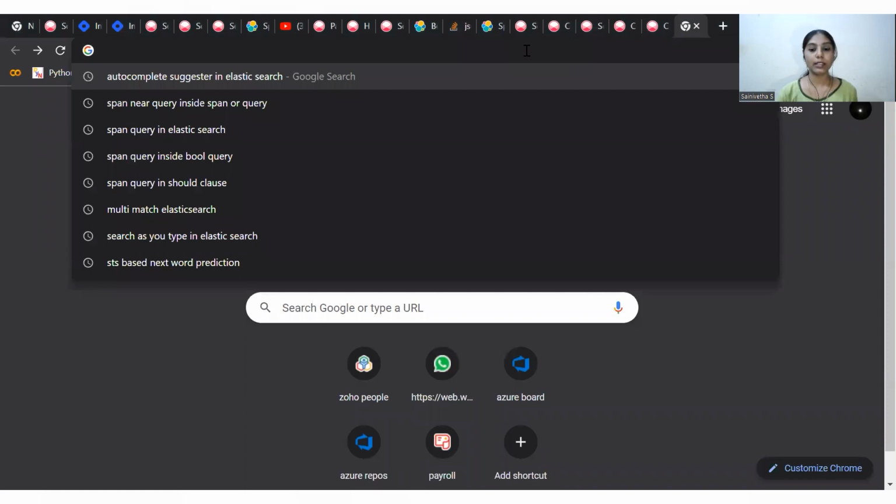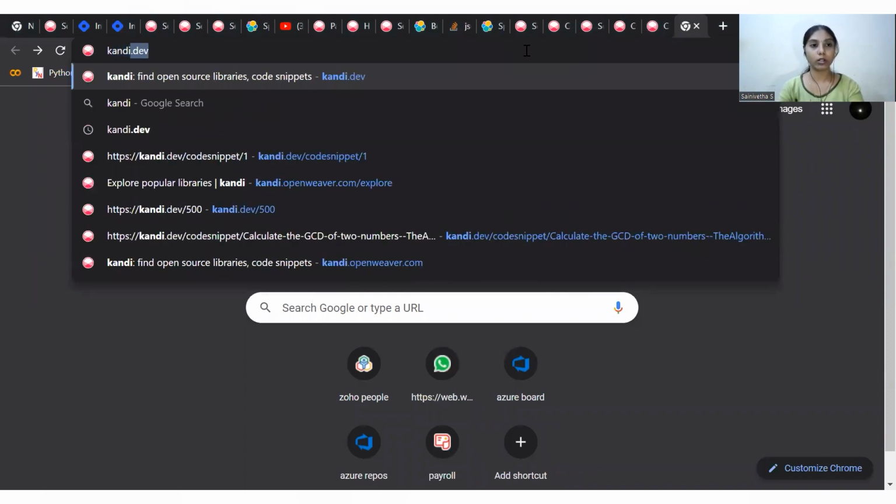Hello, today we are going to see how to plot a data frame using pandas. To get the code snippet, let's go to kandi.openviewer.com